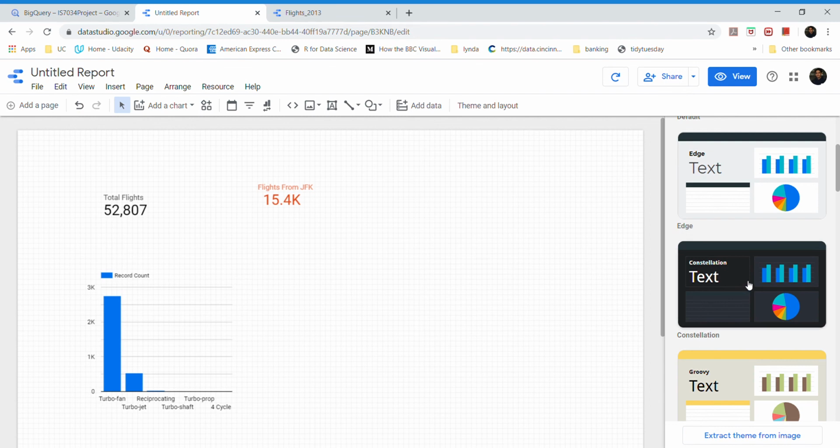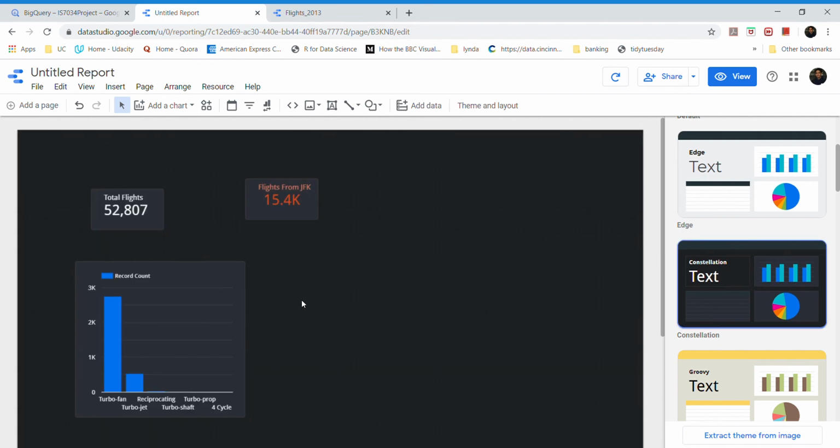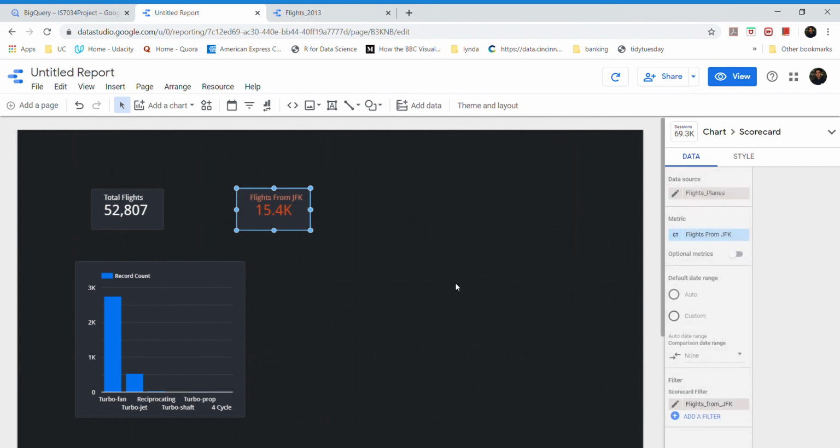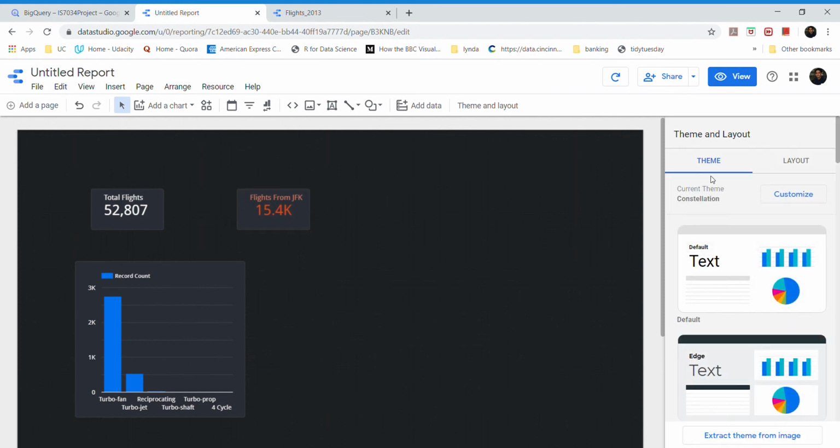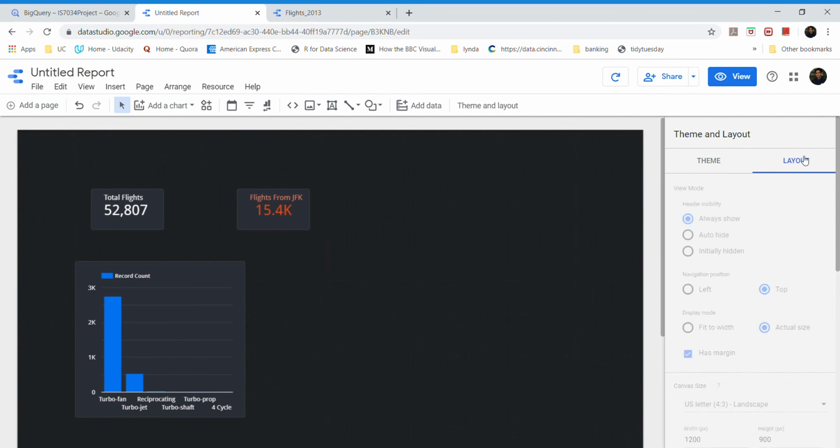So if I click on this, you can see that our dashboard suddenly looks much better than the earlier version. To go to the theme and layout, you have to click on any blank space in the dashboard, and you can change the theme and the layout. So this is the way we can create charts and create our dashboards here.